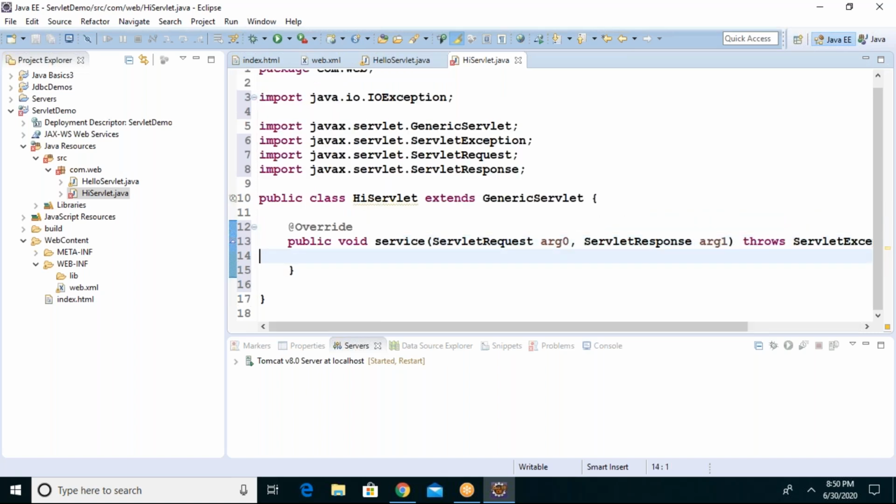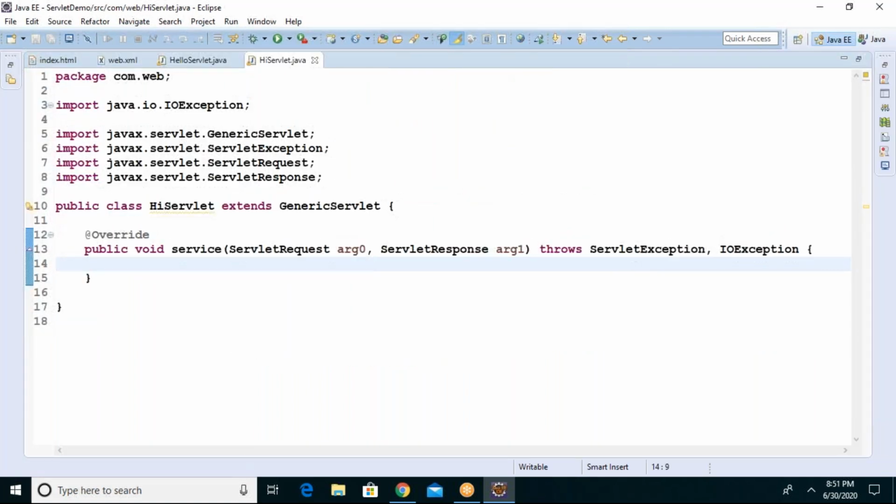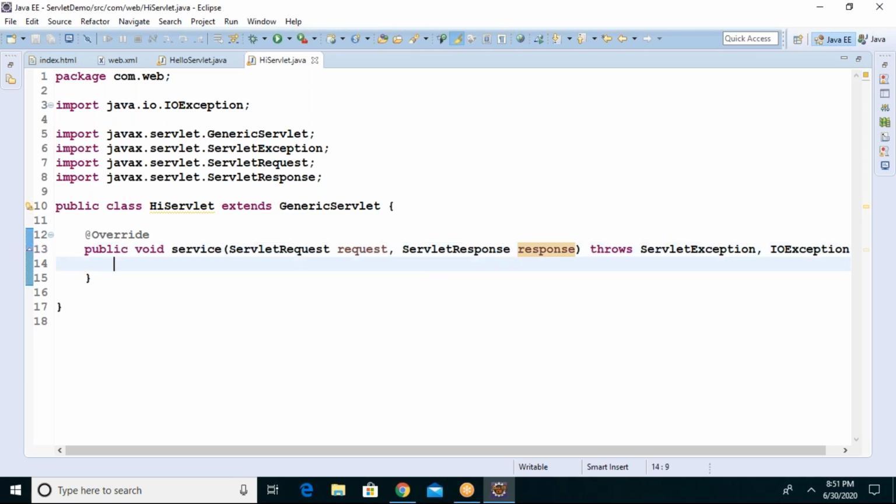Now what to do? Write some code, whatever you want to display. What is the first code? I want to display welcome to hi page. So first of all, the best practice is to rename this. This is not a good name. Request, make the second argument as response. Change these names. Then I don't need to worry about request now because the client is not sending any data to me.